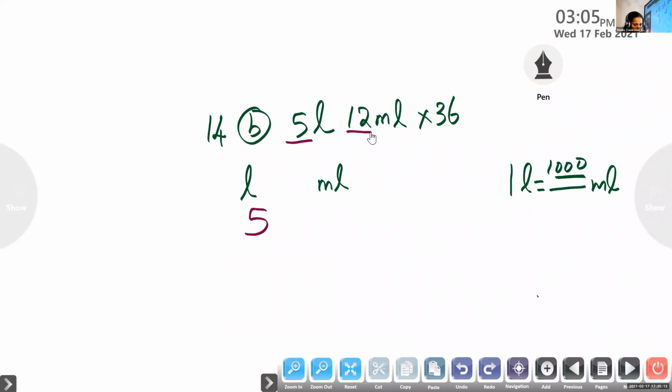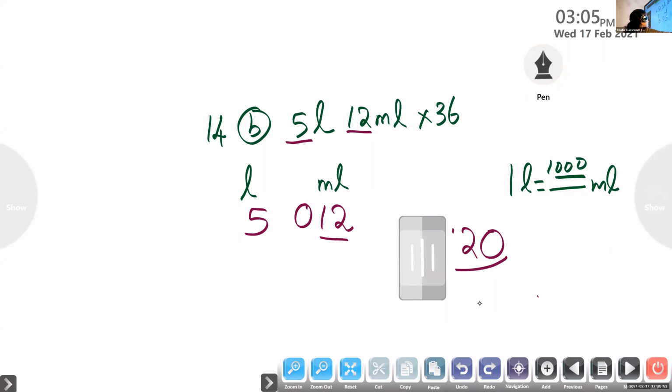Then what about ml? 12. How many digits for 12? We have only 2 digits. So I have to add one 0 and make it 3 digits. So how will I write the number, children? Where will I write 0? Here I have only 2 digits, but I should make 3 digits. So where should I place the 0? Very good. See children, if I write the 0 on the right side, the back side, 12 will become 120, but that is wrong because I have only 12.